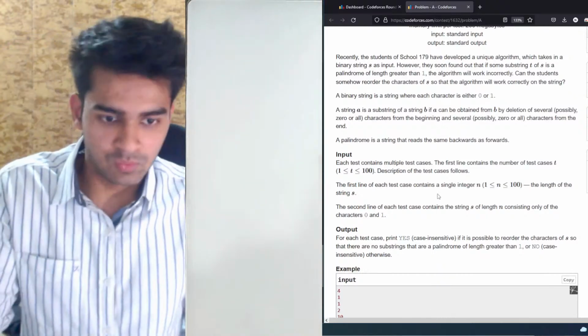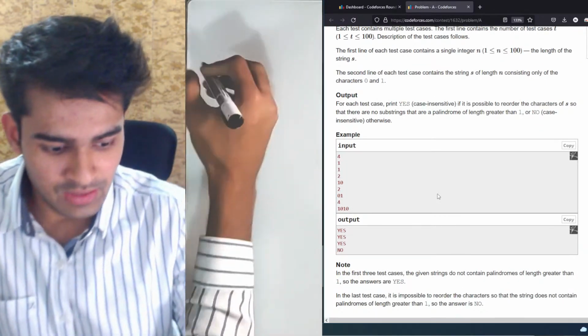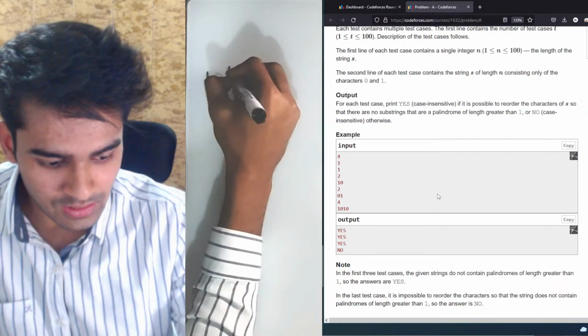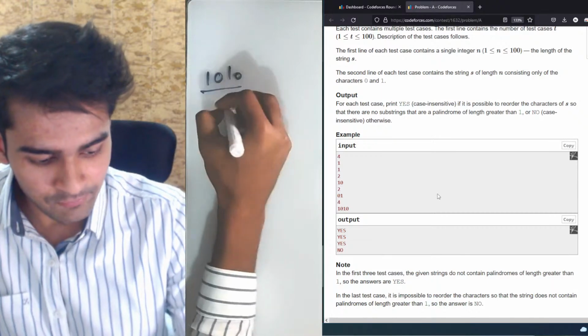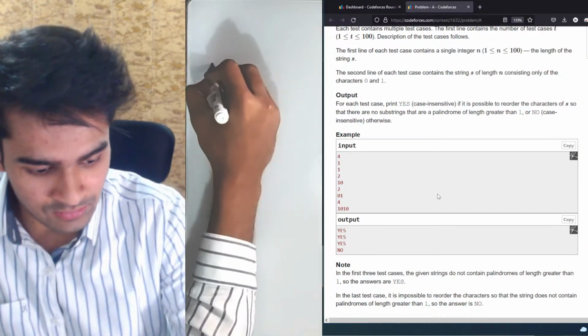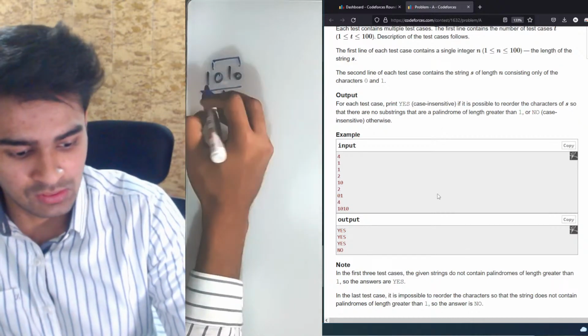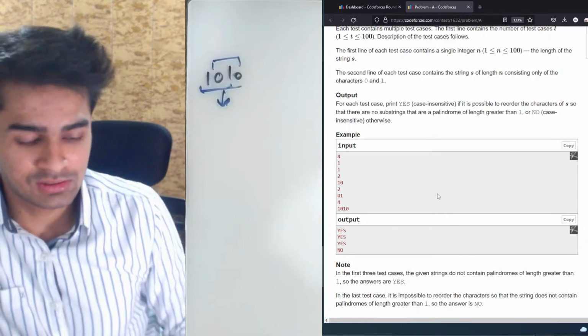Okay, so basically what they're telling us is that we are given a string. Let's take the very last one. We have 0 1 0 1 0. Now, is there some way we can reorder it such that there are no palindromes in it? Because if you see, we already have a palindrome as 0 1 0 or 1 0 1. And there is no way we can actually reorder this such that there is no palindrome, because